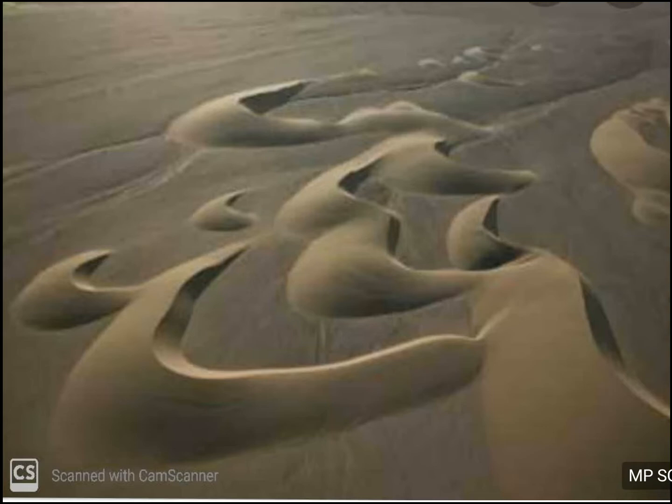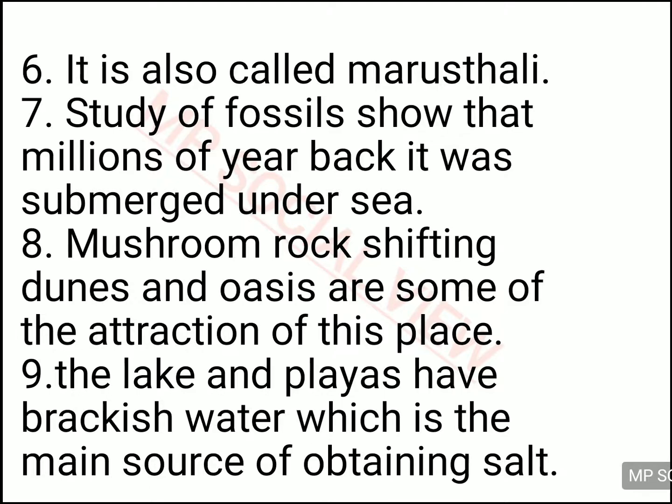The structure formed by the sand is due to the blowing of the wind in such a way that it forms the crescent shaped sand dunes, a structure of sand on the surface of the earth, in the shape of a crescent, that is a half moon. Yes, and these are also called barchans, and this is a very famous and common feature in Rajasthan. It is also called Marusthali. So the desert area of Rajasthan is also called Marusthali in Hindi.